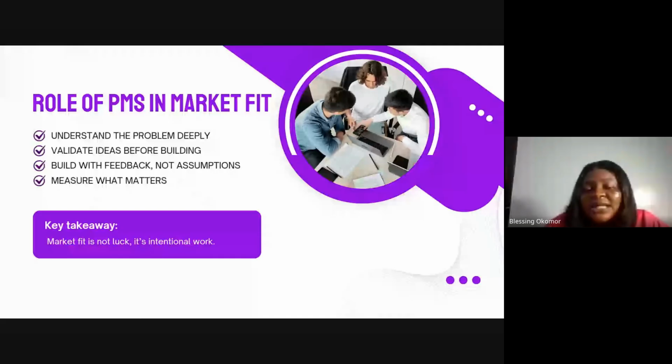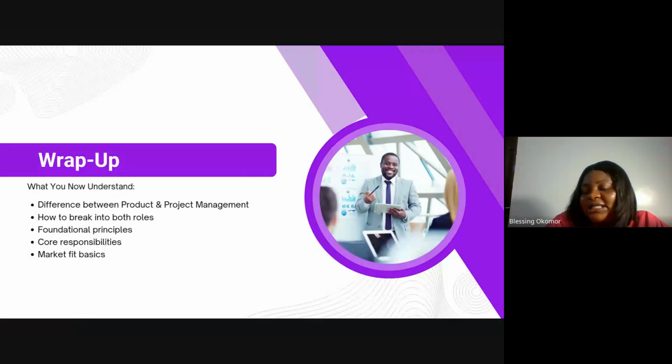A key takeaway is that market fit is not luck. Don't think it's luck. Jumia today, people buying without stress, without too much advert, or Coca-Cola today, Amazon today, it's not luck. It's intentional work. They put in effort to ensure that you fell in love with the product and you stay without going. You even recommend it to others. So have it at the back of your mind that it is not luck.